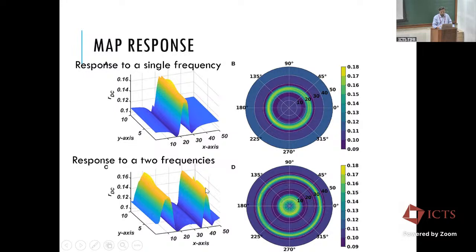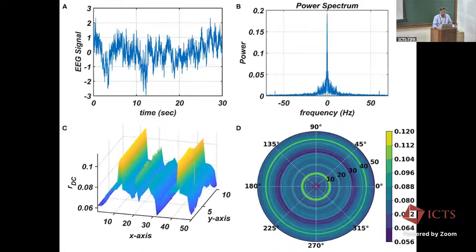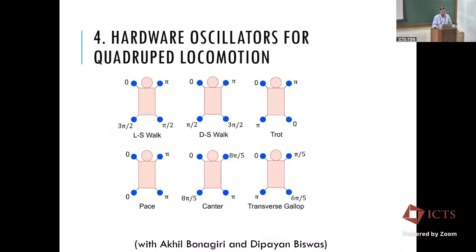If I give two frequencies, both at different phases again, you can see two columns having higher response. Within each column, there are again two subsets of oscillators with higher response. So it is tuned to both frequency and phase. And if you give a more random signal, lots of columns get activated. So it does act like a tonotopic map. Again, more details are in the paper, and I can share the paper.